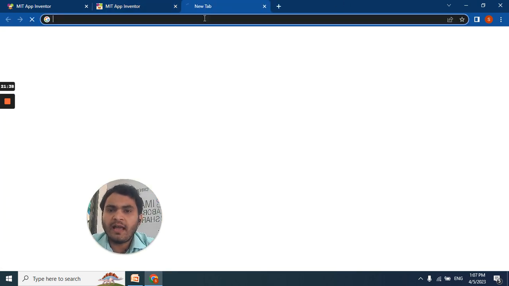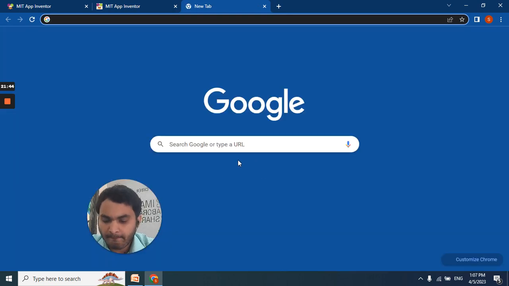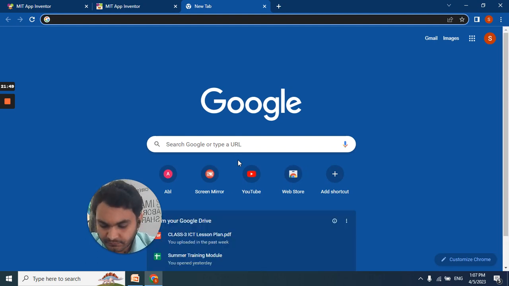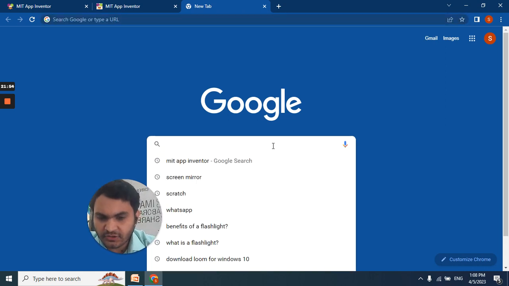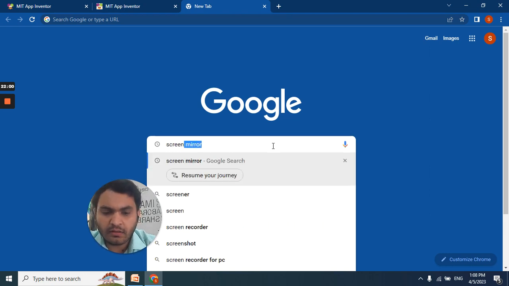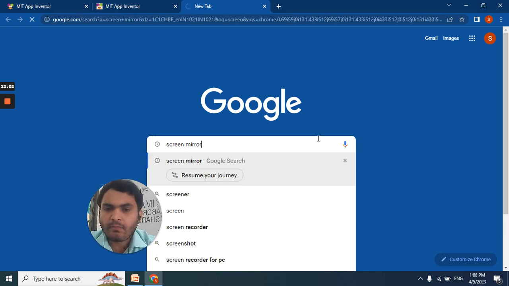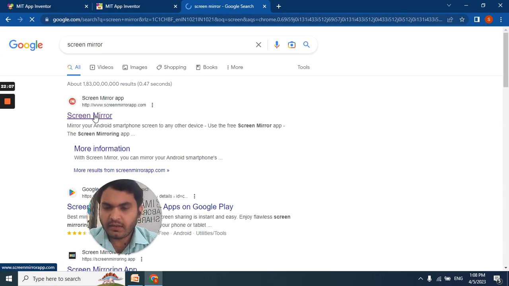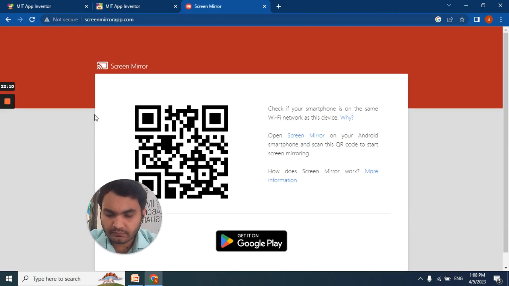Okay, now I have scanned this. Now let me show you my phone. Now I am installing this app to my device. Once this is installed, screen mirror, it's downloading. Till then, let me connect my phone with the laptop.